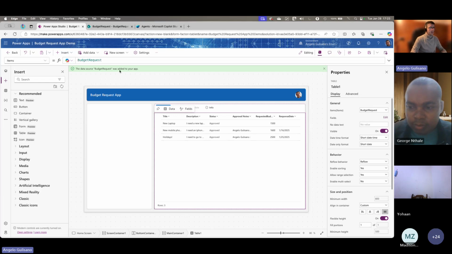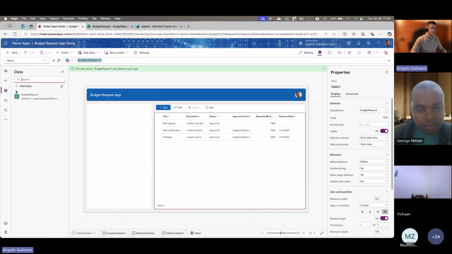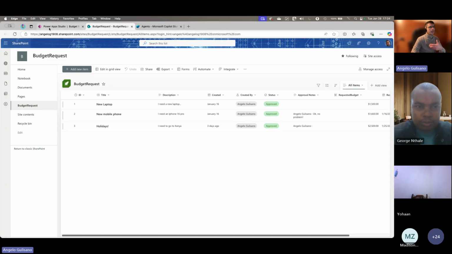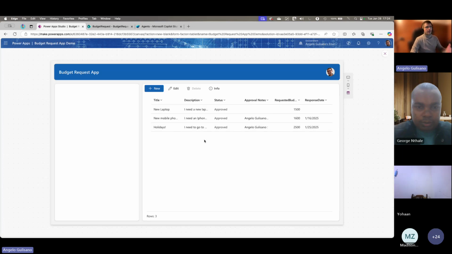Okay. So here, as you can see, you can put a table with data budget request in the item properties of your table, and it works. It shows the data inside the list. Of course, here we don't have any filter. We are going to add some code here to use this.